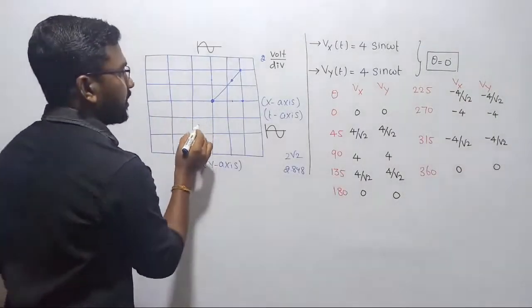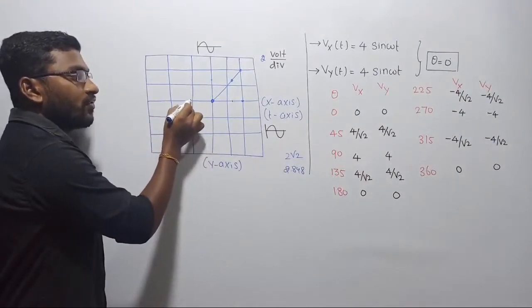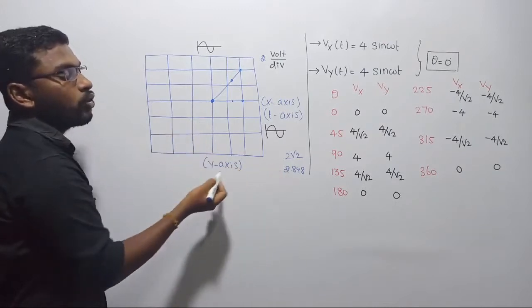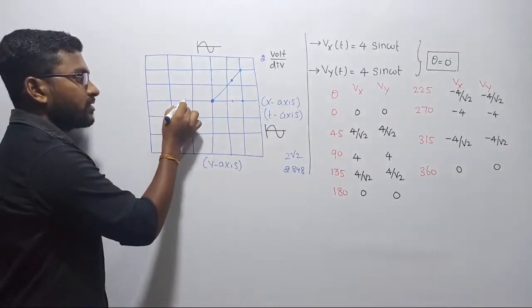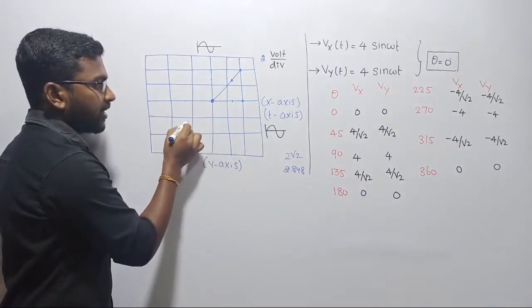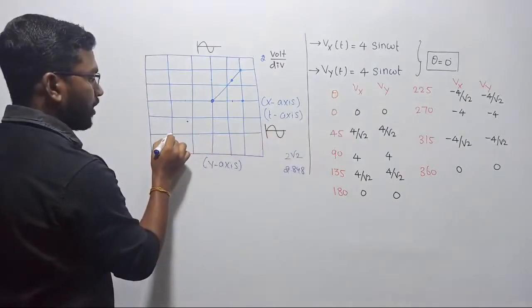Guys, listen, we are going up with the negative values. One division will give you minus 2 volts, but I need minus 2.848, so let me place it somewhere here. On the y-axis also the same point. Let me join those 2 points. Again, I will get 1 point here, and then minus 4, minus 4, that will be here.